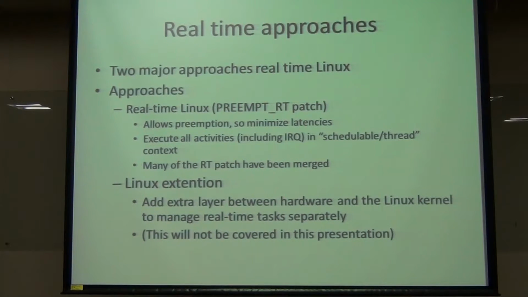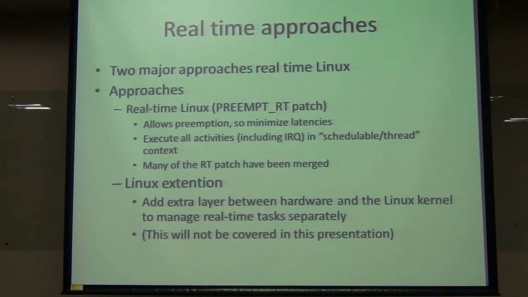So it needs more settings and other types of APIs involved in this Linux API. In this presentation, I'm not going to talk about this Linux extension because I believe using Linux as it is and then improving it will benefit a lot more, unless you are really building hard real-time, mission-critical